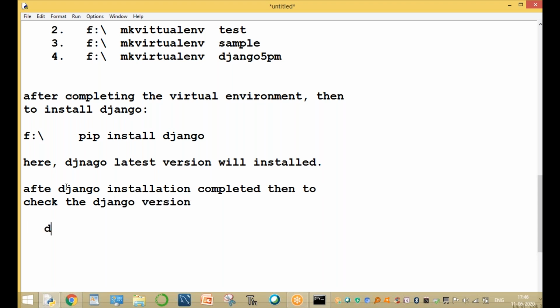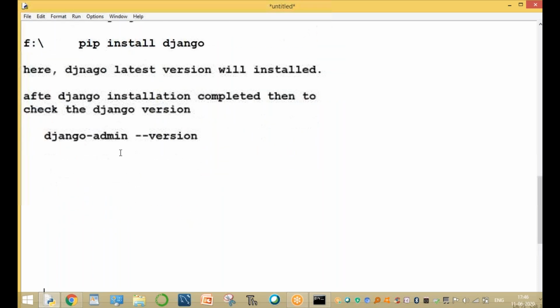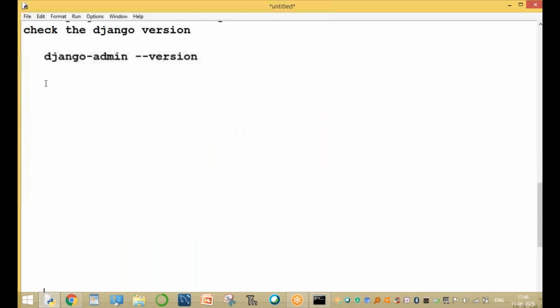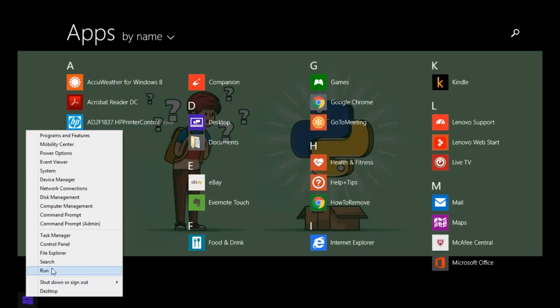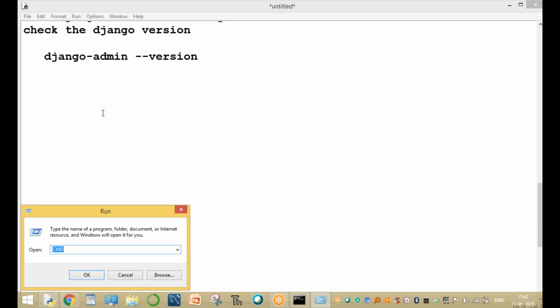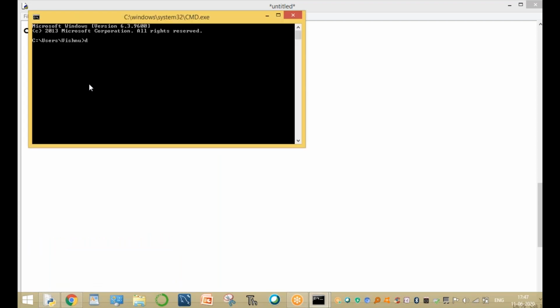How to check the Django version? django-admin --version. This is the process for checking the version. Clear guys, up to here? For example, I will show you. Open a command prompt, another command prompt, for example a D colon.